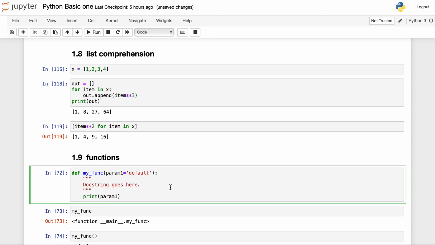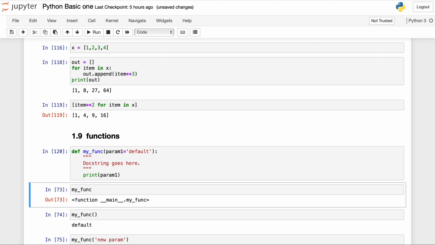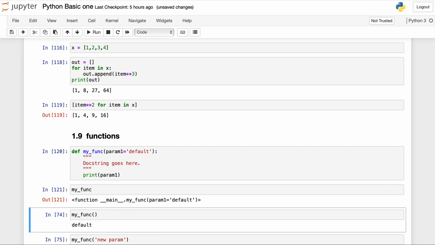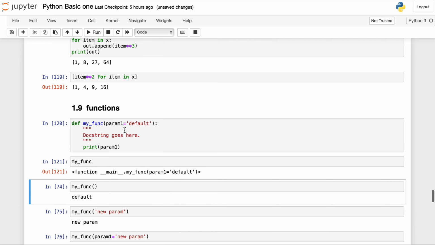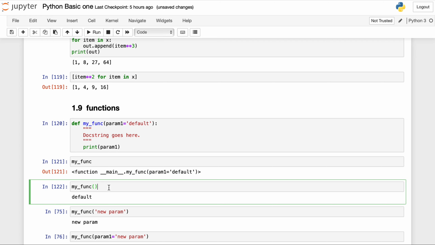Now functions are the core part, because if we want to do any sort of thing, we can declare a function. Suppose I have declared one function. You can declare any kind of function using def. Def is the keyword that defines a particular function. I have declared my function, and I have passed one argument, parameter 1 is equal to default, and now I'm printing it. When I call this function, as you can see here, the data type is function type. When I call my function, it will print this thing, default.